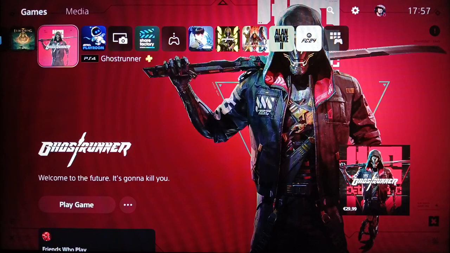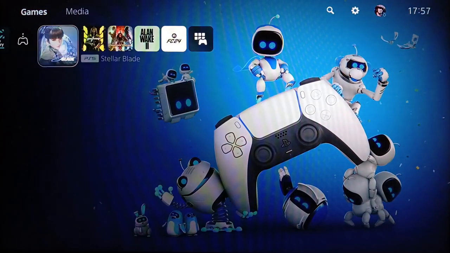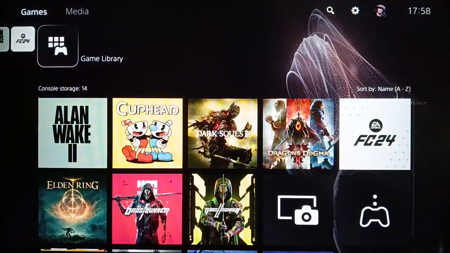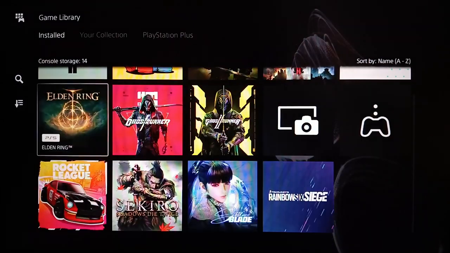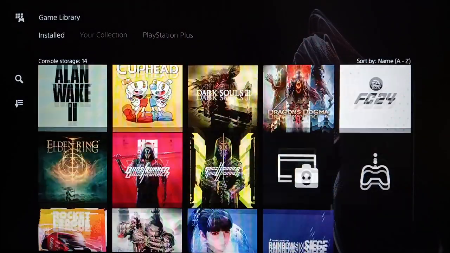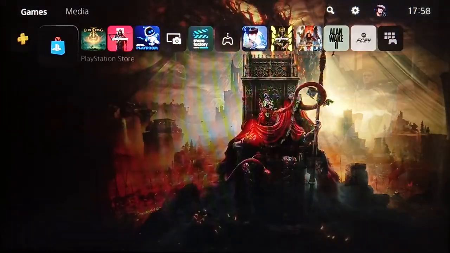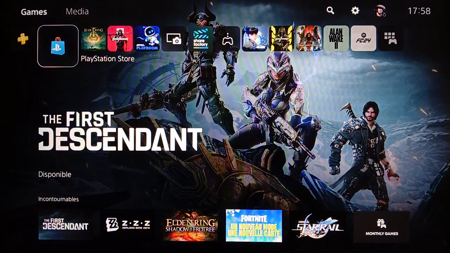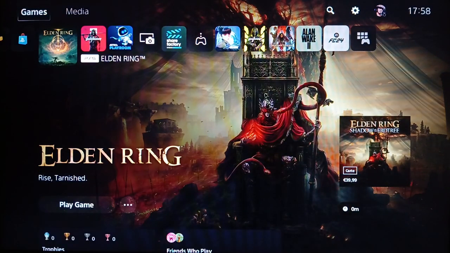As you can see guys, I'm right now on the PlayStation 5 and this is how the homepage looks like. As you can see right here, you're gonna find your games and apps. If you go here to the right, you're gonna find your game library, where you're gonna find the list that includes all of your installed games. Right here, in the left, you're gonna find PlayStation Plus and also PlayStation Store. If you go here to the top, you're gonna find games and media. And right here, as you can see guys, you're gonna find search, settings, and here you're gonna find your profile